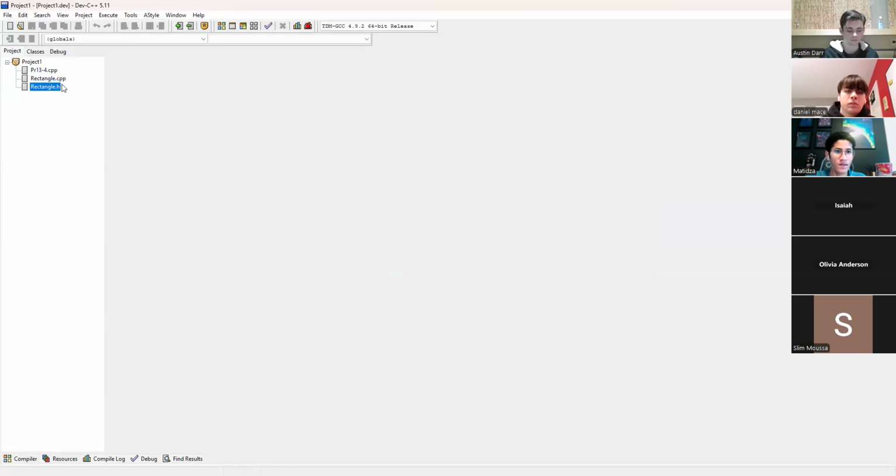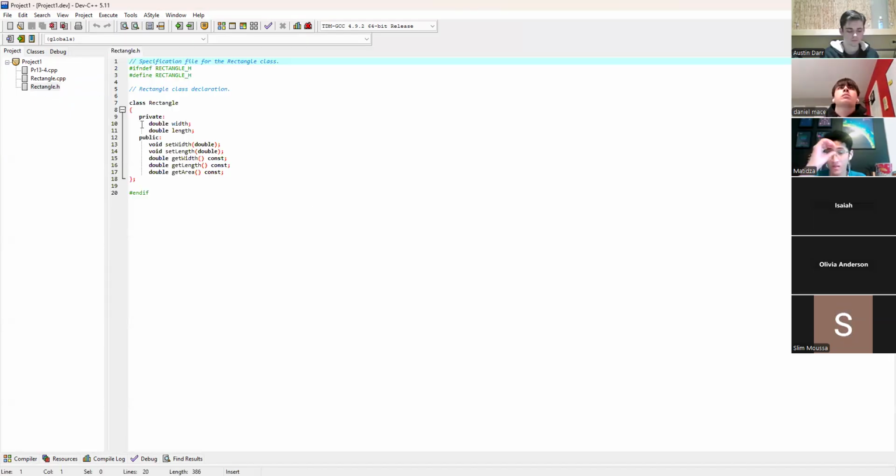So we have had a class called rectangle. We're now going to learn how to split that up into 2 classes for things we're going to do down the road. This first one, the .h, is called the specification file or the spec file. This one is you doing a layout of what is going to be needed for the class. You notice it's called spec file, line number 1, specification file.